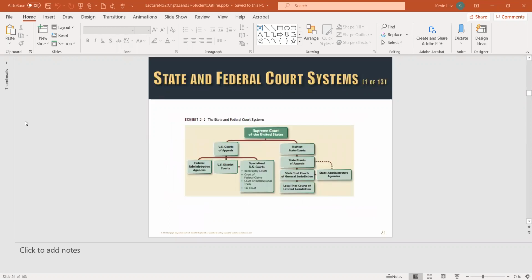All right, welcome back. This is the federal court system. It's a good way to give you a graphic of the various types of courts. First look on the left. That's the easiest to understand. You see the original jurisdiction courts are on the bottom left. The most common one is the U.S. District Courts. So here in Tulsa,